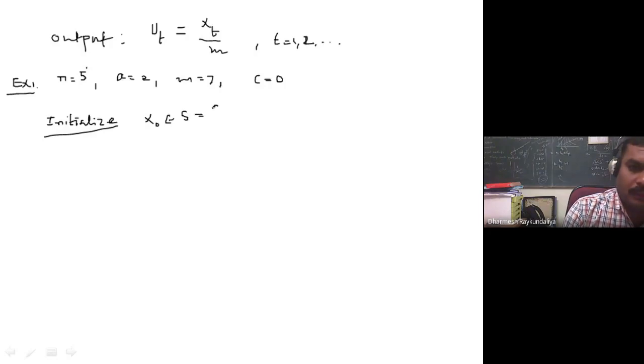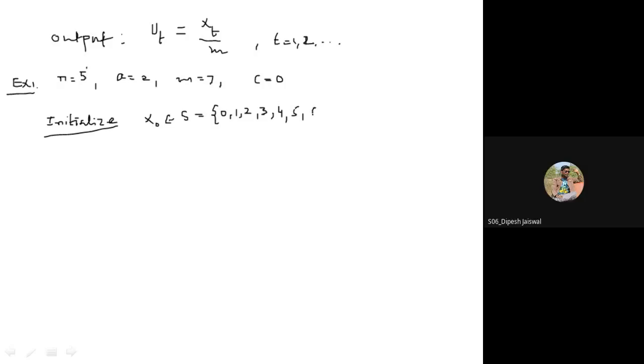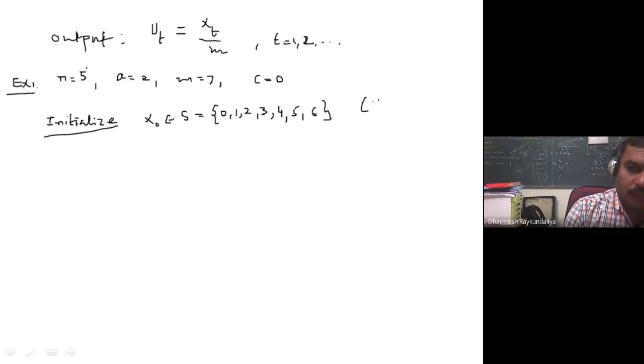And what is S? As I said, S is 0, 1, 2, up to m minus 1. M is 7, so 7 minus 1 is 6. So you take any value of x from that. Let us say I am taking x0 as 2.